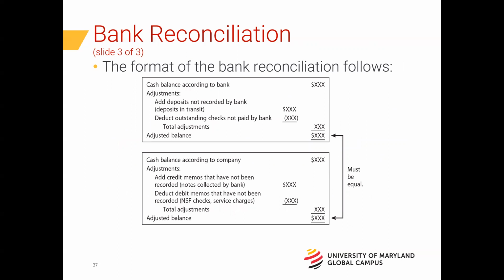So earlier I had mentioned one of the reasons for a bank statement not matching the accounting record or the balance sheet for cash is typically because we have outstanding checks. Sometimes the company will write a check, but the vendor won't cash it until a later date for whatever reason. And when that happens, clearly it's going to cause a difference between the bank statement and what's in the accounting system. And yeah, that could be kind of frustrating sometimes because you could be off by thousands of dollars.